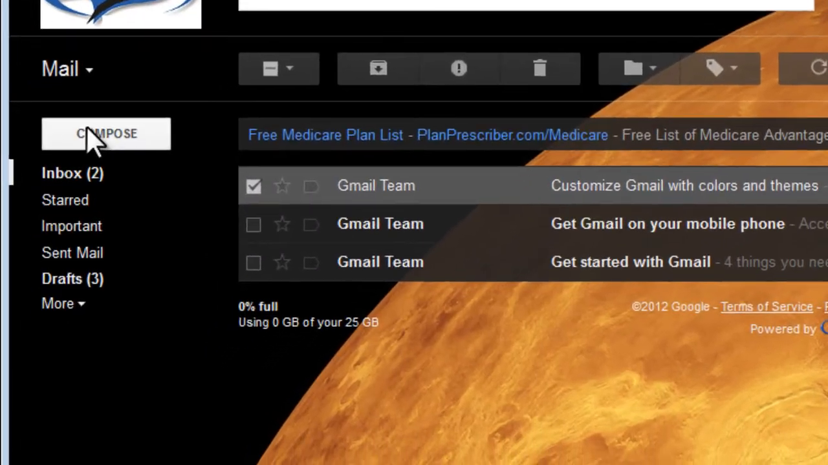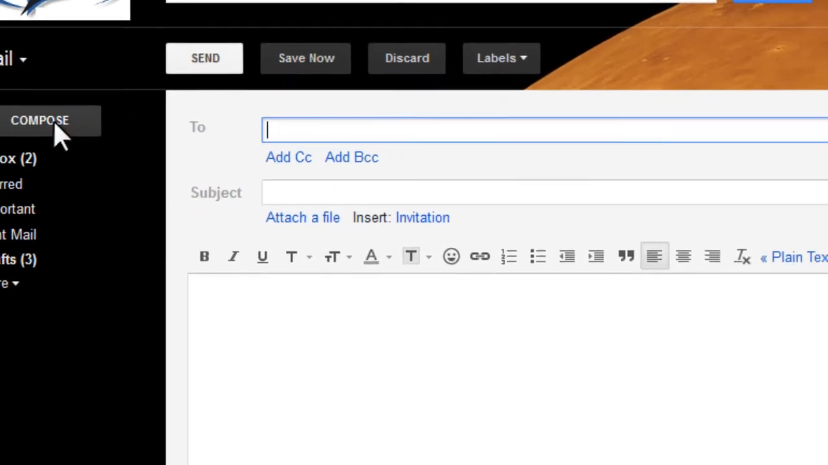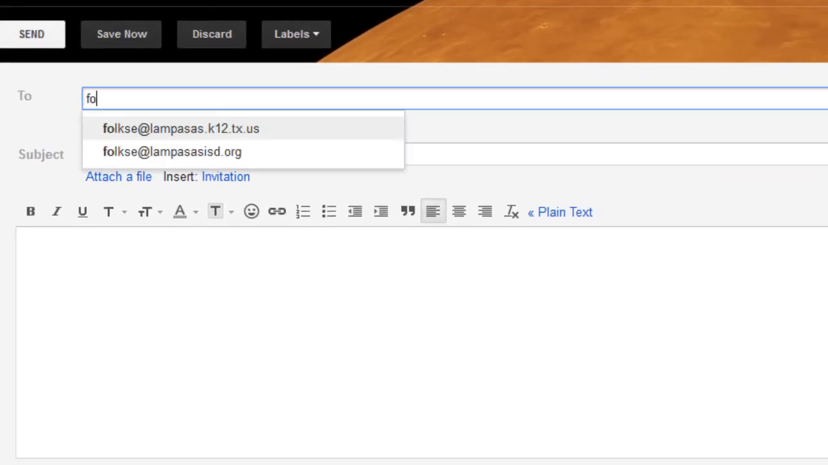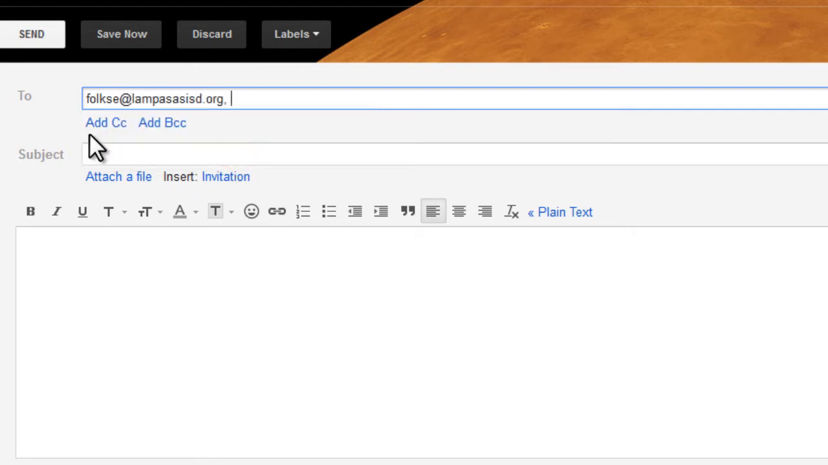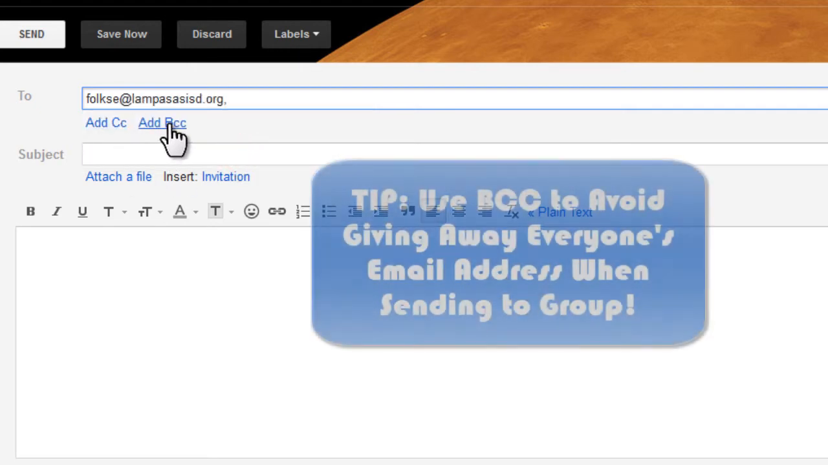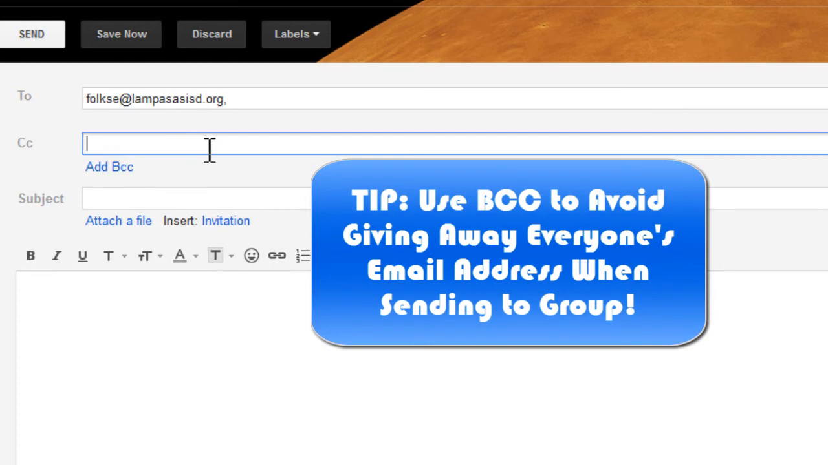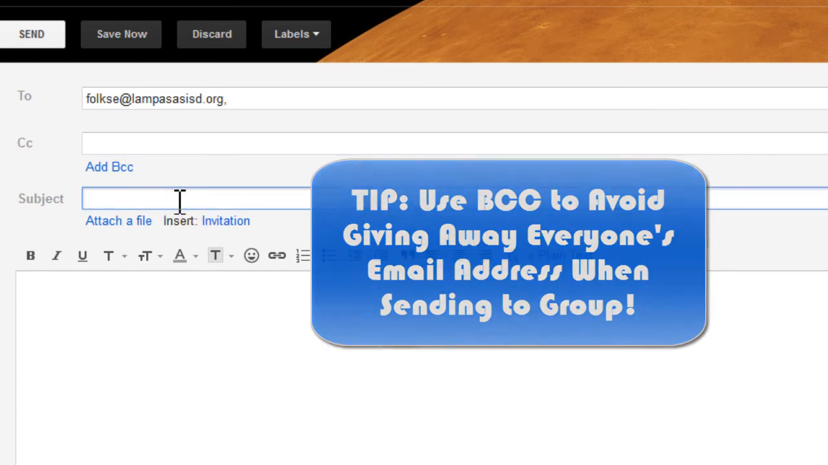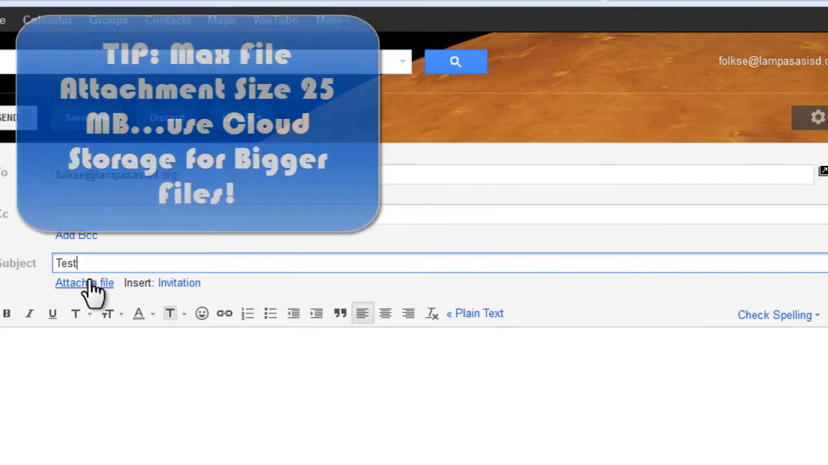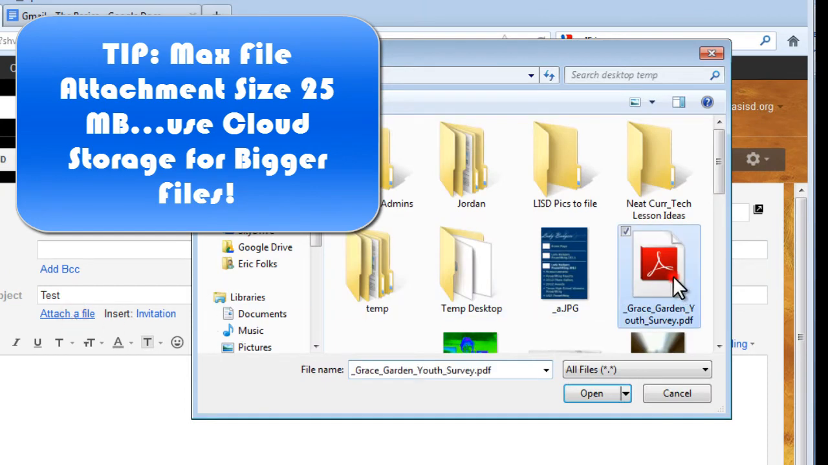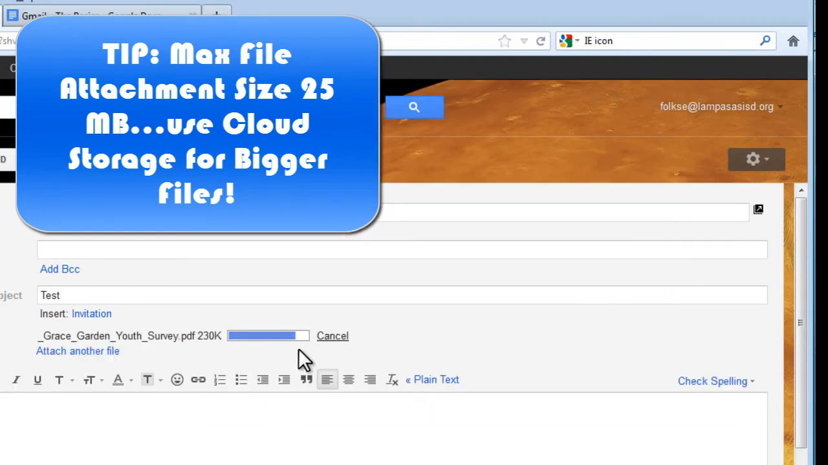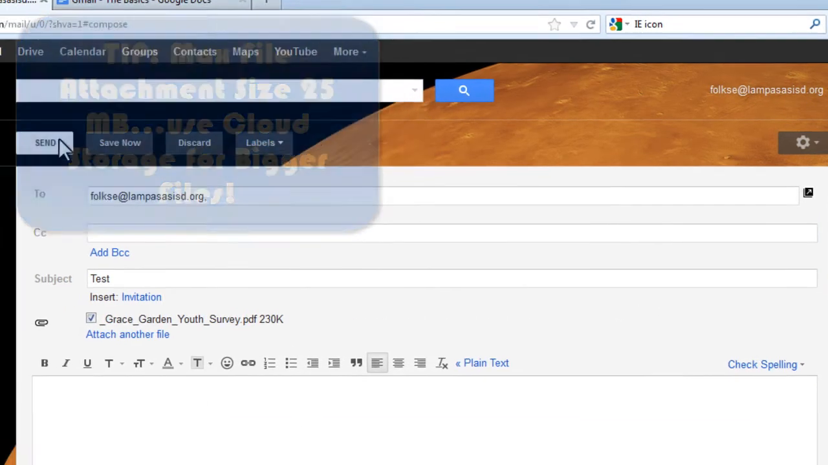Alright, so how do we compose and send emails? Real easily. I just click on Compose, and I'm going to send an email to myself. You can add a carbon copy or a blind carbon copy right here just by clicking and then typing in the address. Put in your subject, attach a file. You can see the progress of the file upload right here. And then when you send it,